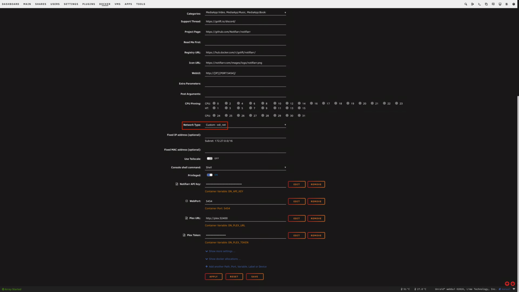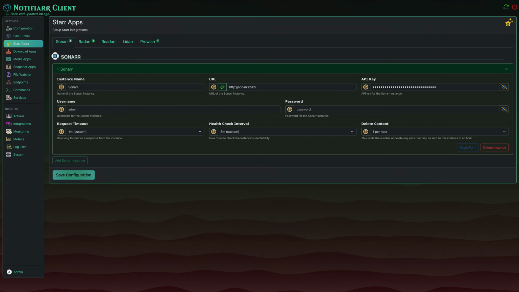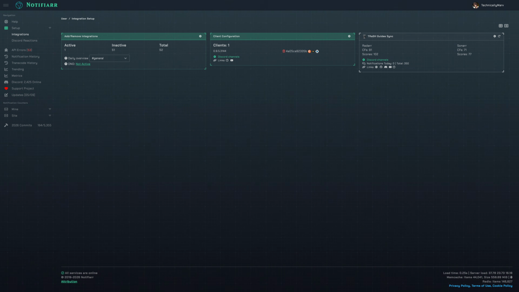That covers the user side, but you also need visibility into the health of the stack itself, and that's where Notifier comes in. Notifier is not for your users, it's for you. Deploy it, assign it to the ed_net, and go to notifier.com to create your account and generate an API key. Inside the Notifier web UI, connect your Sonarr and Radarr instances, then connect a Discord server and designate a channel